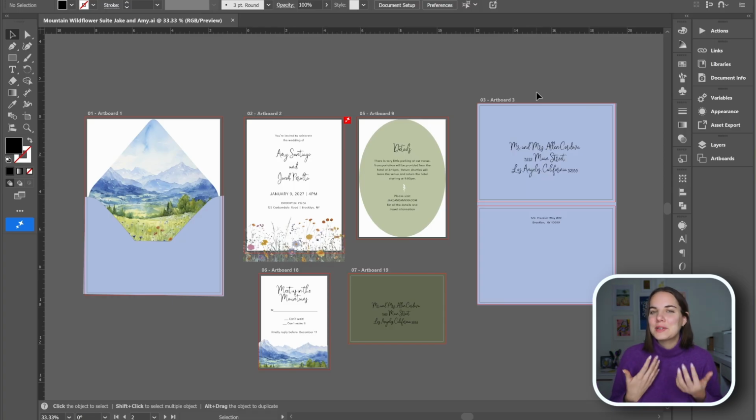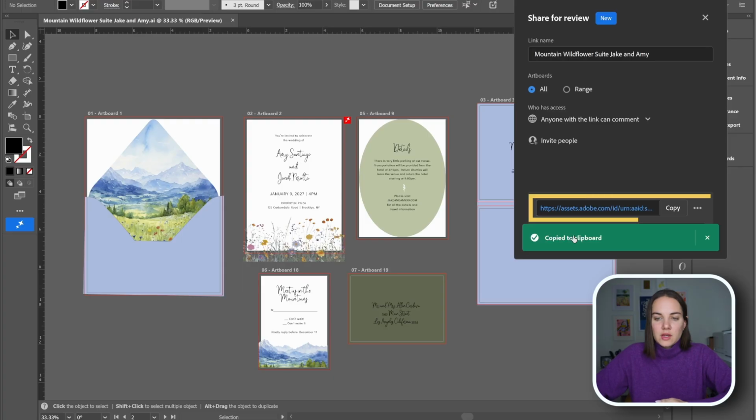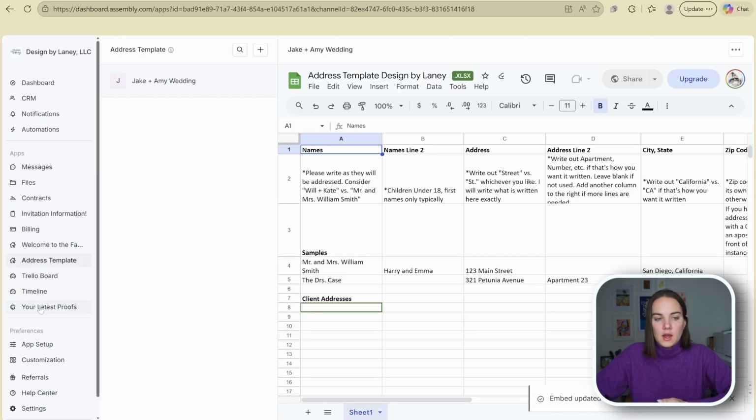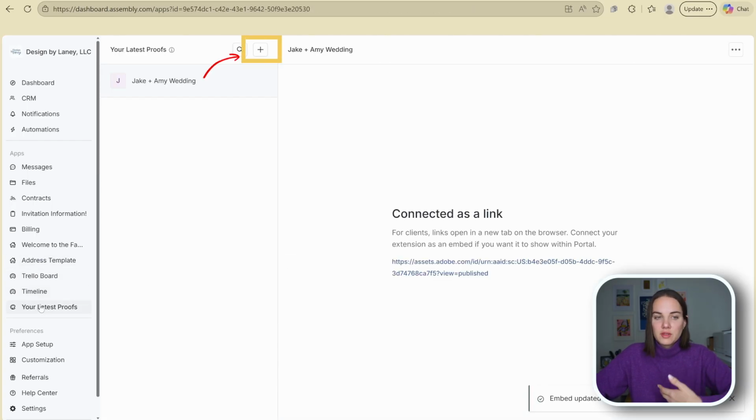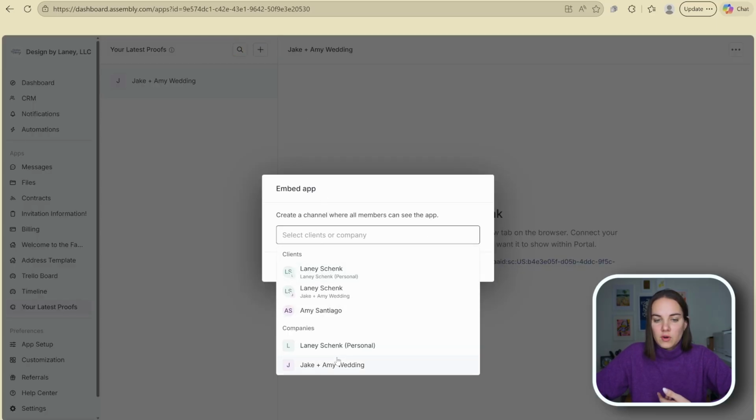Something that's really important to stationery designers is just proofing our designs. So once you've finished your designs, if you use something like Adobe Illustrator, like I do, then you can create a share for review link and share this directly in the portal as well. Once the link is ready, we'll copy it. I'm going to go down to this that I've titled the latest proofs and add one for Jake and Amy's